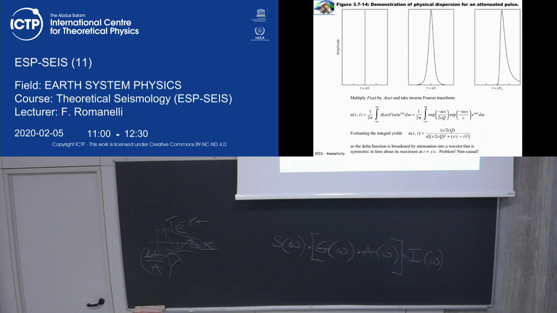But we have a problem because part of the signal is arriving too fast. Because if that is a delta related to a P wave, nothing can reach a receiver before a P wave. So we have a problem. This part of the signal is not at the proper place. Actually, it's not at the proper time. So we have to relax some condition here. And the only way to put this part of the signal later at the proper time is to assume that the system is answering with dispersion.